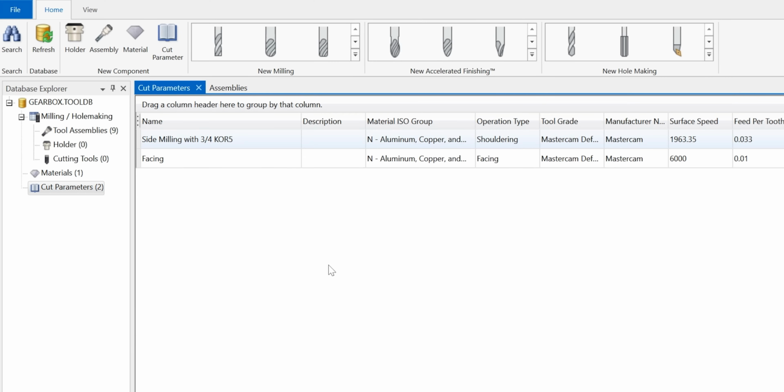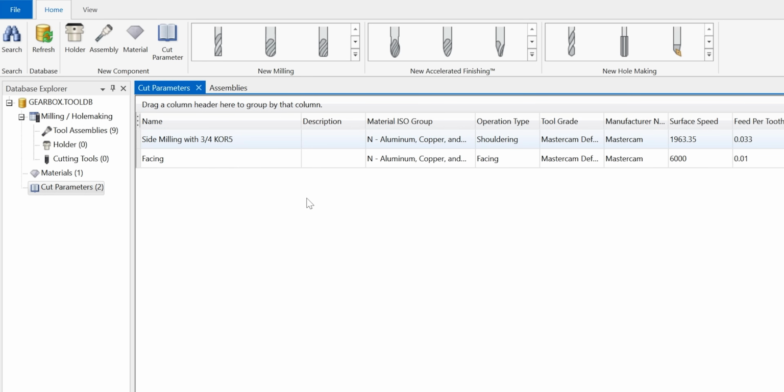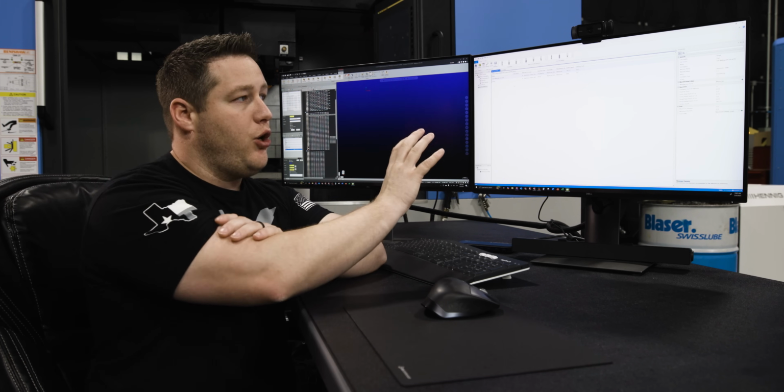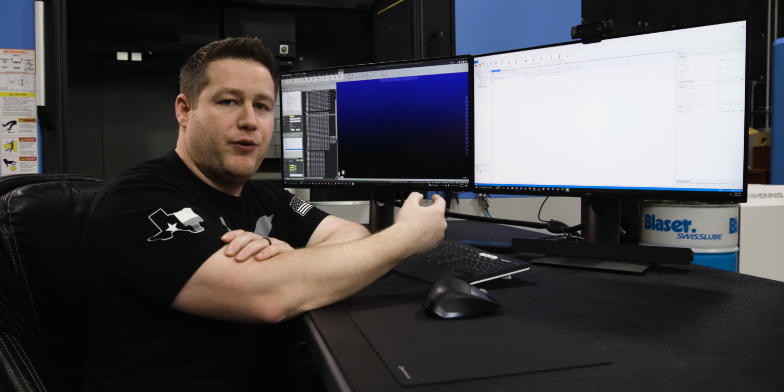Now when you double click this, it's going to bring you to this page. Now you can see I only have 2 cutting parameters set in here. Whenever you create a tool library, this is going to be blank. No matter if you set all of the tool's parameters pertaining to that tool like I just showed you or not, it's not going to be here in this cutting parameters. What you're going to have to do is go in and set your cutting parameters